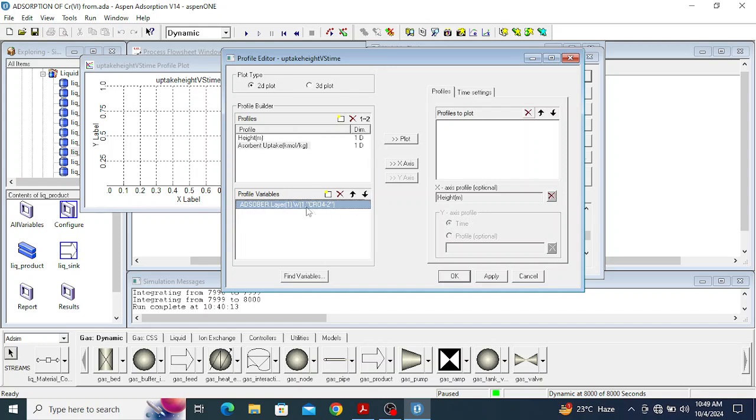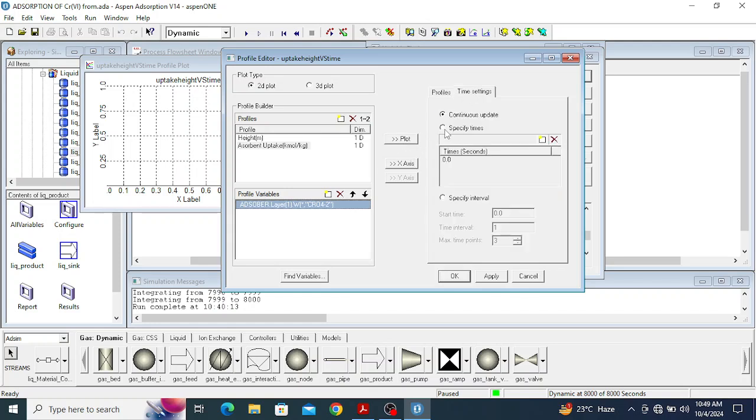Now double click on this one and remove this one. This one is the first point inside the adsorption column. So in place of this, I will use star, which means that the adsorbent uptake will be for the whole column. Now plot this one on the y-axis. Go to time, specify time. So I want the plot on